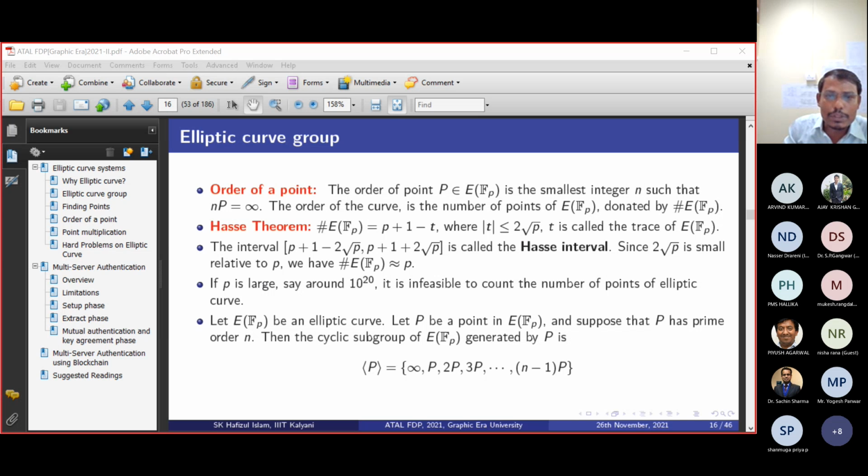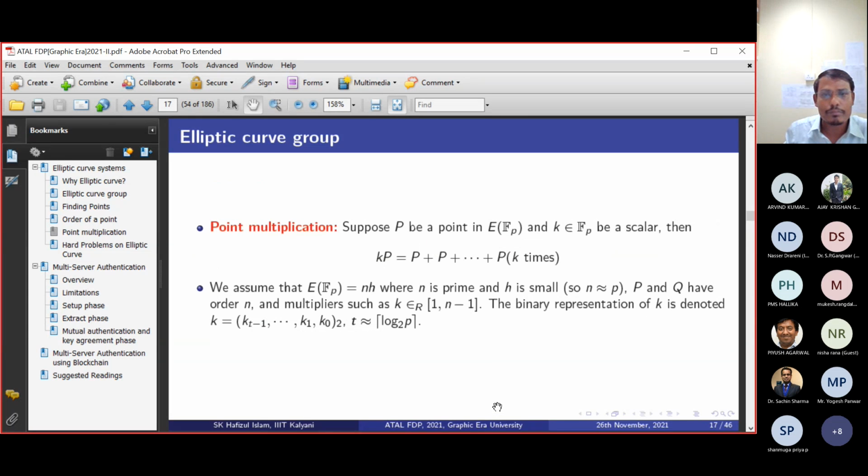So this is a subset of the full group, because this is a very large group. Computation of all these points is very difficult. So we take a subset of this and accordingly we define the elliptic curve group, and based upon this group we are defining the crypto system, like the Boneh-Franklin IBE scheme. This is a subset of elliptic curve points, not the entire elliptic curve group.